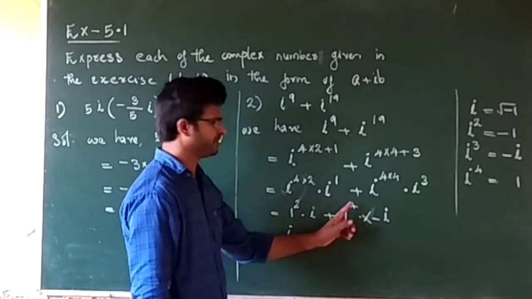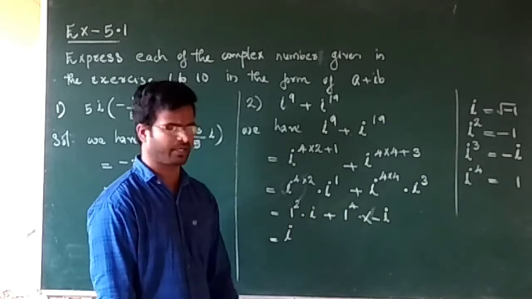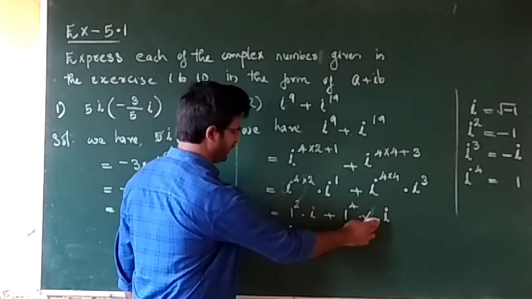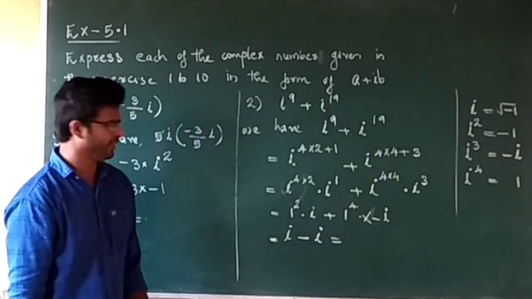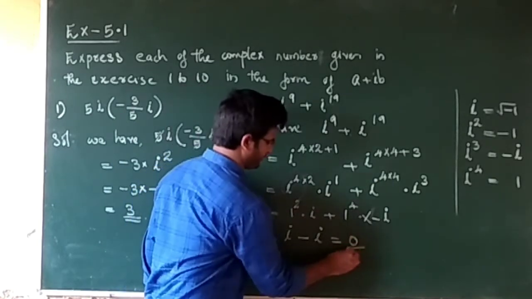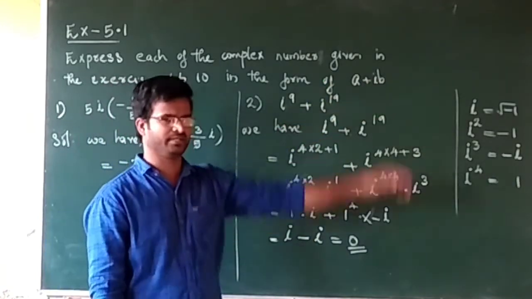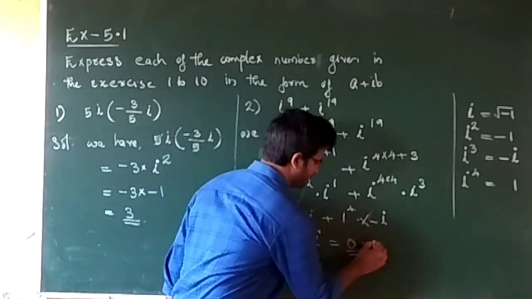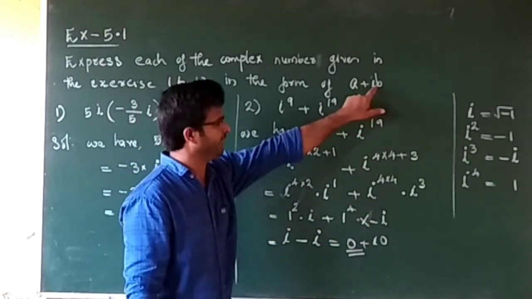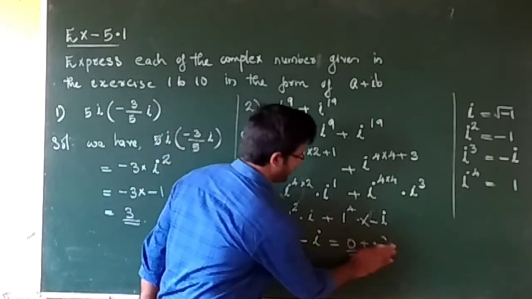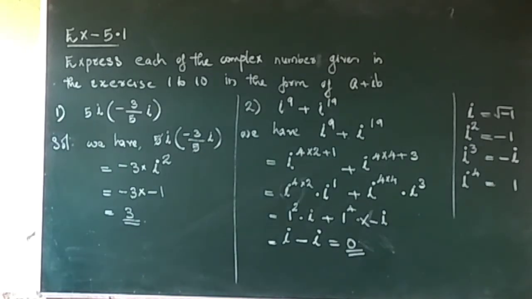Then 1 raised to 4. If we multiply 1 four times, 1 into 1 into 1 into 1, we will get 1 only. No need to write, isn't it? Then remaining here minus i, equal to i minus i. That will be 0. Then this is our required complex number in the form of a plus ib. Then 0 means we can write 0 plus 0i also, isn't it? a means here 0, then ib, that is 0i. That's right, 0 only, that's enough. Just pause the video, write down in your notebook.